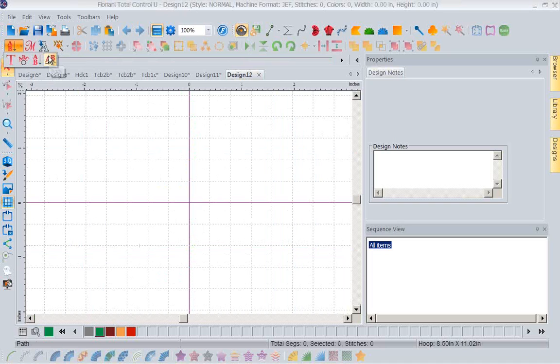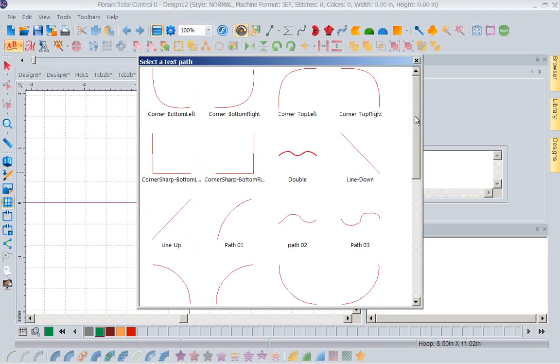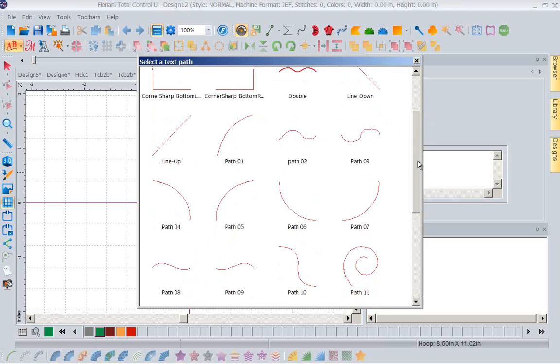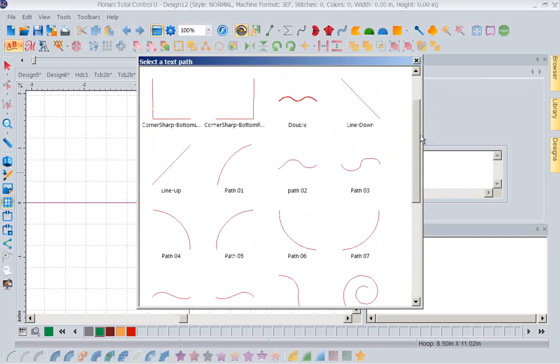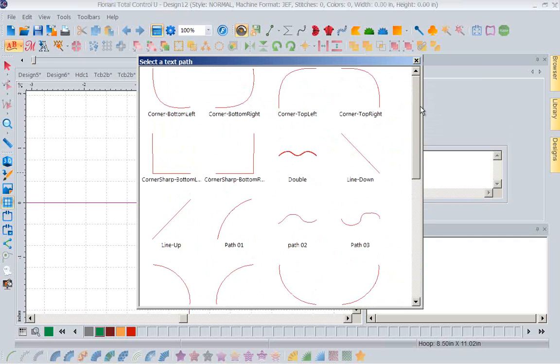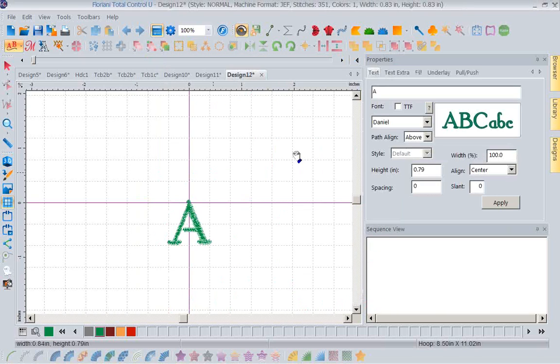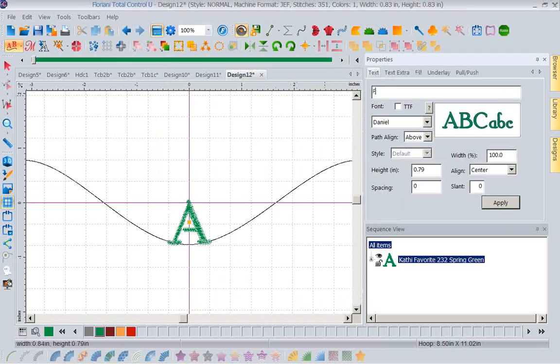We also have path. Now, what I love about this path text, I'm going to click on screen. Let me select it. I'm going to click on the screen, and what it has done for me is it has given me a bunch of paths that have already been created. Now I can edit these. I can bring these paths up and change the shapes. But the thing I love about it is they gave me shapes for path. So if I grab this double, I could come in here and type